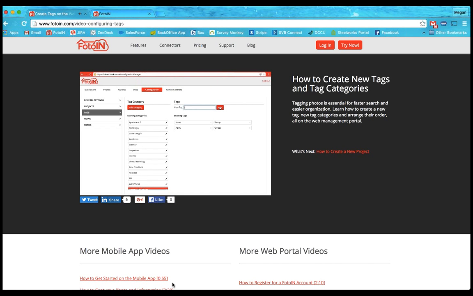You can enter in as few or as many tag values as you would like for every category. You can also rearrange the order of the tags to represent your needs for your account. Once you're finished typing in all the values and arranging them in your order, you're finished configuring the tags for